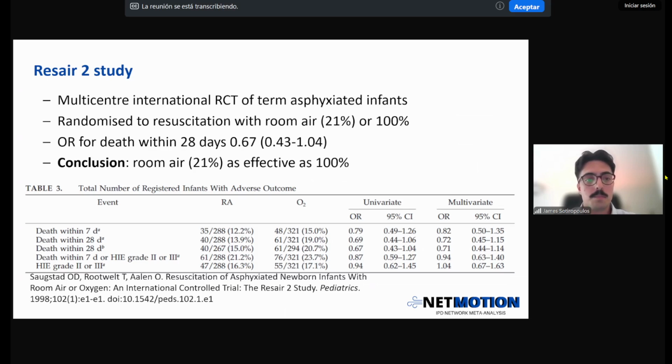They found that the odds ratio for death within the neonatal period was reduced. It was almost reduced in the room air group with an odds ratio of 0.67, and you can see with that confidence interval, it almost doesn't cross the line of no effect, but it just does. So there was a strong signal that there's a possible effect here, and a number of follow-up studies were done,